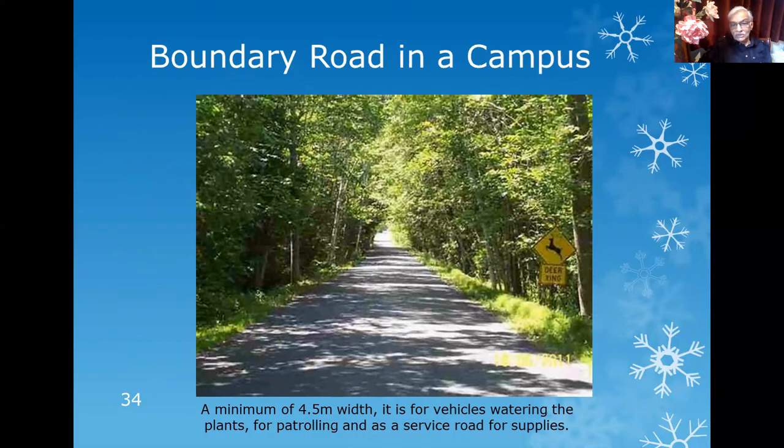After the construction of the boundary wall is over, normally most of the campuses will have a lot of large trees planted along the boundary wall. Those tree saplings are planted at specific distances all around the boundary wall, such that after 5 years, after 10 years, they will be full grown trees, and that gives definition to the campus. So to maintain those trees, water those trees and take care of them, you also need a road along the boundary wall. So this road will serve that purpose of maintaining the trees.